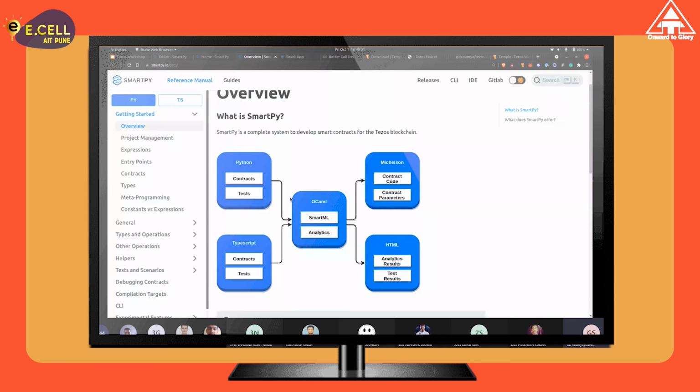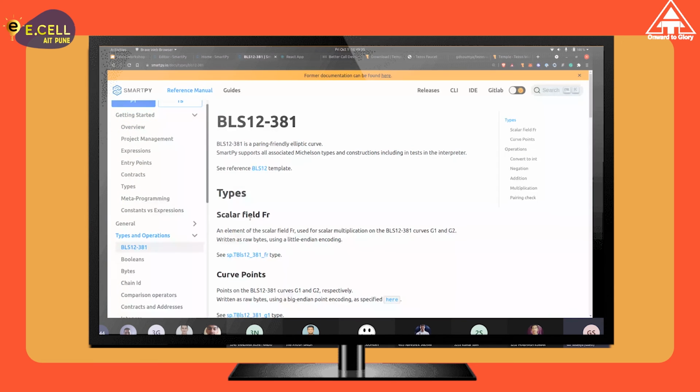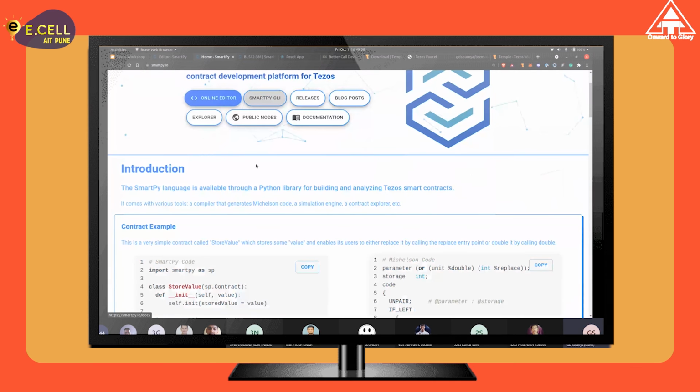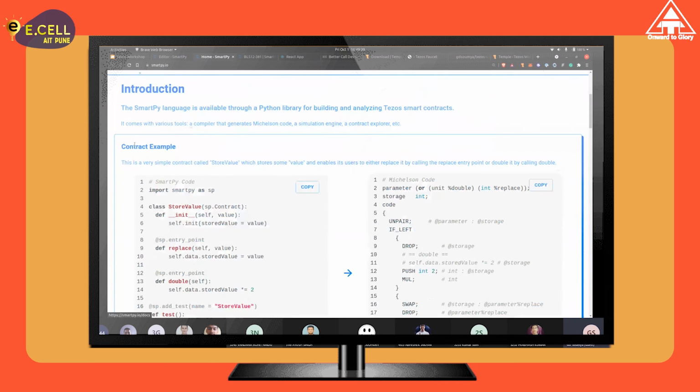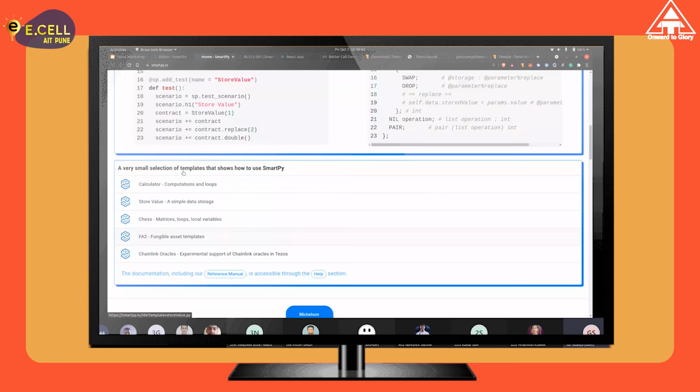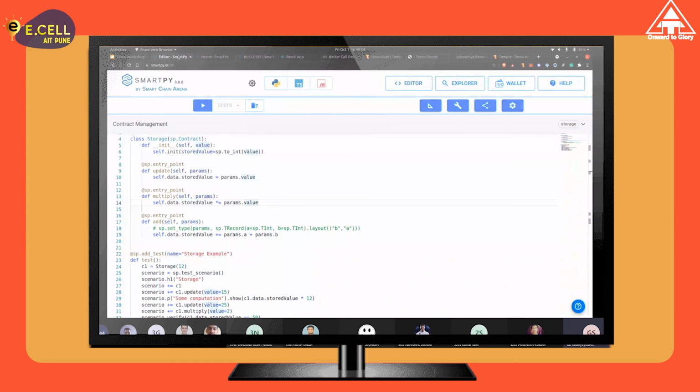We also have examples, like NFT contracts, chess, and simple contracts. You can learn from that and build your own more complex contracts. But that's mostly it for the smart contract part.